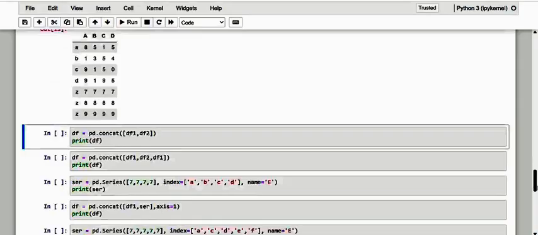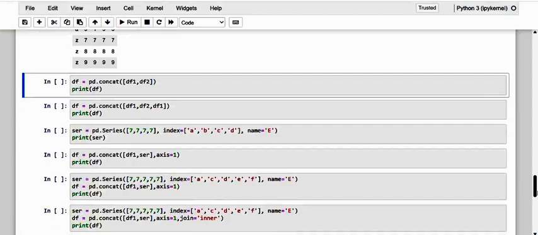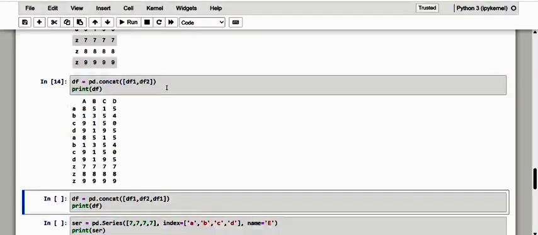So let's just concatenate it by using the concatenate method. I'm just going to make df1 and df2 the concatenated data frame, and here is the result. Kindly have a note of how it happens. In this case, we will have a result identical to the one obtained with the append method.